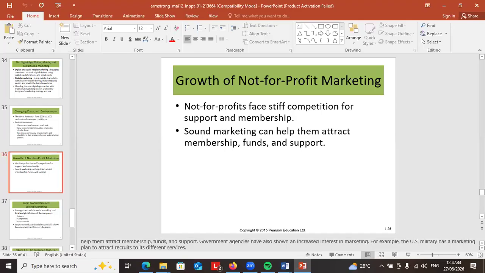It is also important to note that government agencies have also shown an increased interest in marketing, right? For example, you have Ghana Water these days trying to improve its communication strategy with its customers. Same applies to ECG, even though they're still not performing at the highest level. Some of us believe that privatization of these sectors will actually help consumers to get the most when it comes to these social services.